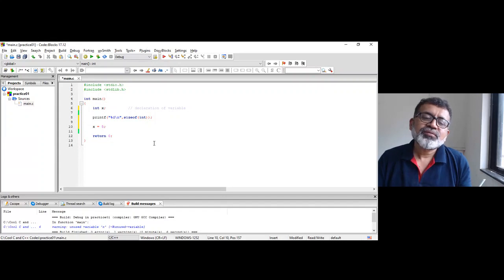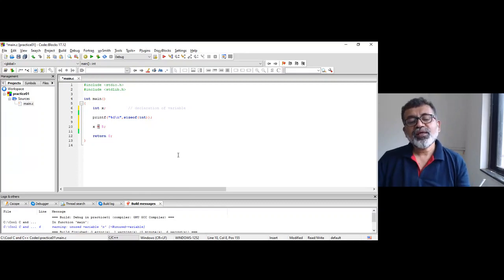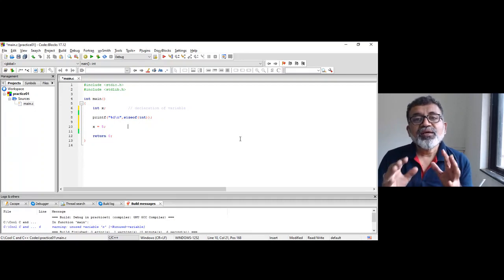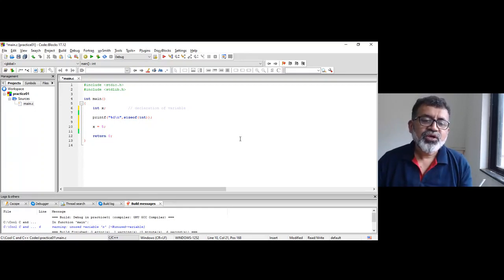In haste we say x is equal to 5, but the right way is 5 is assigned to x, because this operator in C is called an assignment operator. Yesterday I told you that this 5 here is an integer constant. This is default positive, so if somebody writes plus 5, there is no problem.